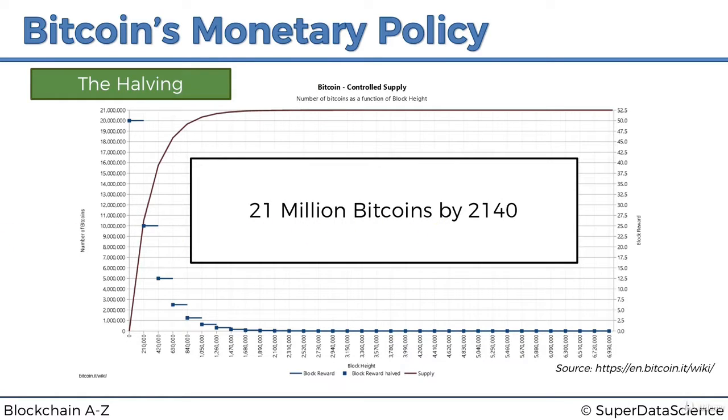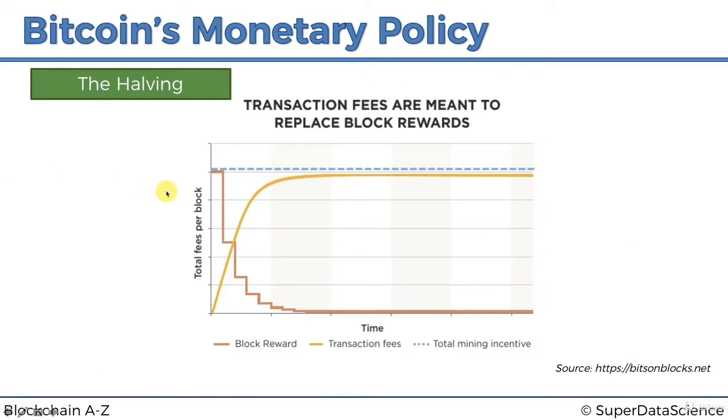And there's actually an interesting chart. Let me have a look at what we want to talk about next. Oh, actually, first I wanted to mention this. This is a different chart. Here you can see the red line is the block reward. As you can see, it's been halved every 4 years. It's going down. But this yellow line now doesn't represent the total number of Bitcoins in circulation.